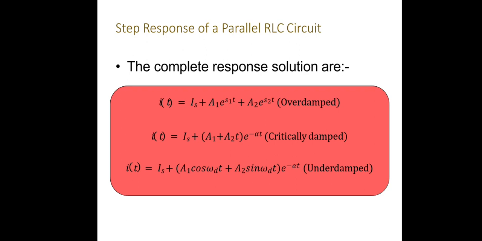So it depends on solving the differential equation, where the roots will vary. When they are real and distinct, the overdamped condition occurs. If the roots are equal, the critically damped condition occurs. And if the roots are complex conjugates, the underdamped condition occurs. So these are the types we discussed in the parallel RLC circuit. The complete solution is the combination of the transient response plus the steady state response, which we discussed as the source-free and the source cases.